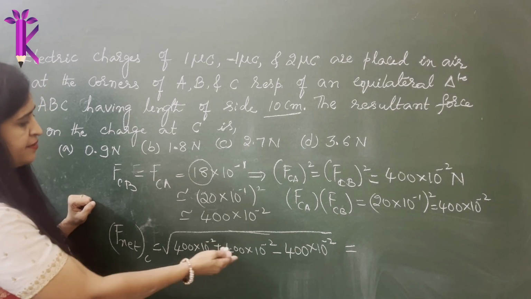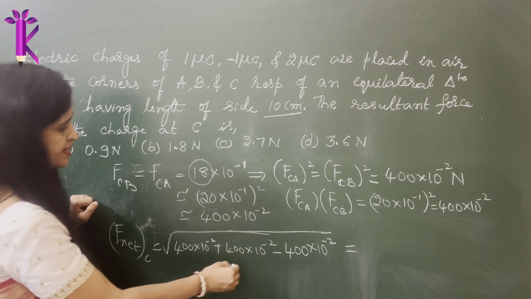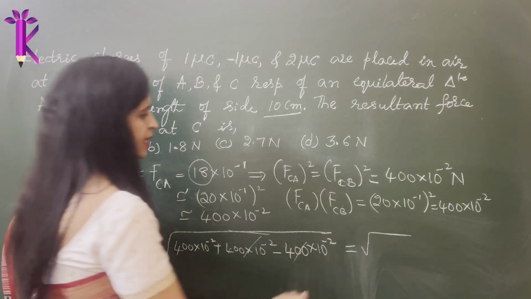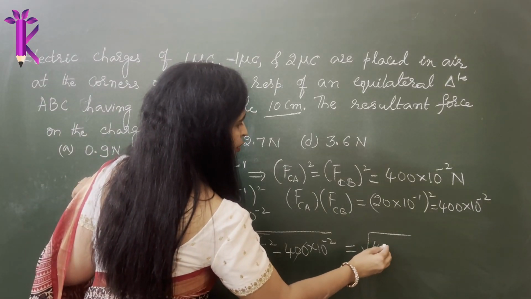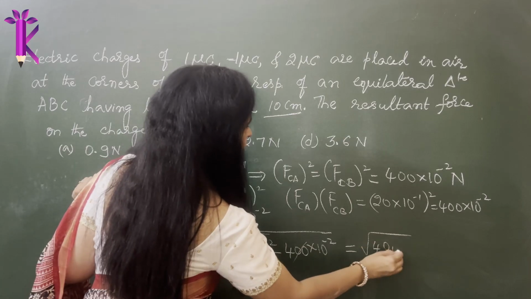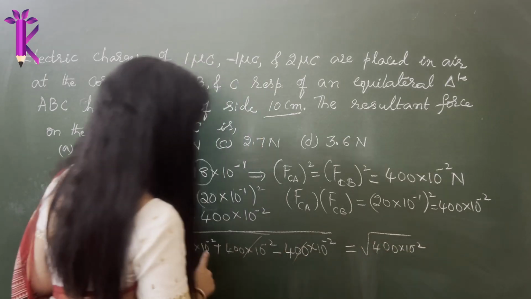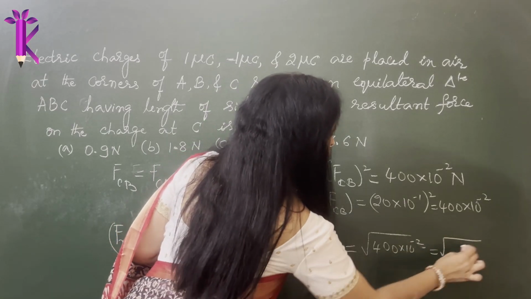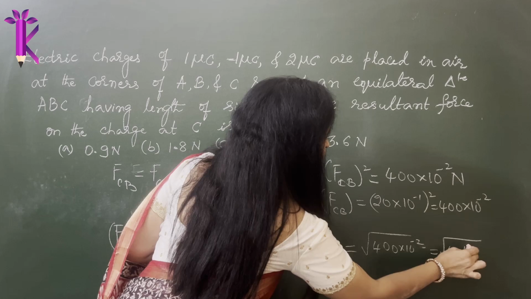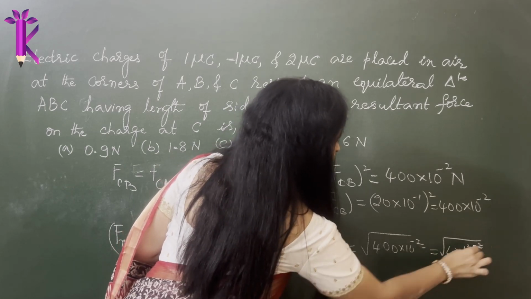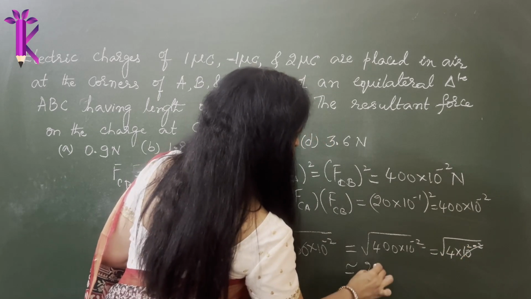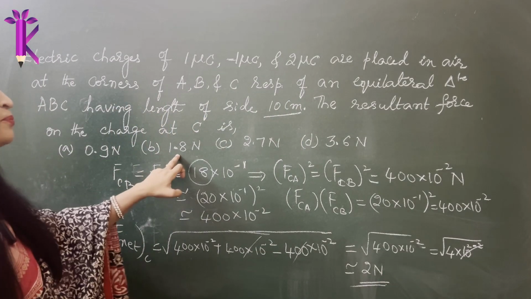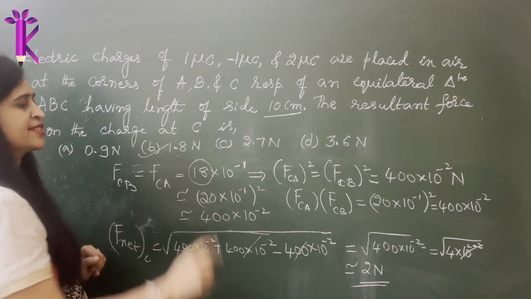Now just see what you could take from here, what gets cancelled. One of these gets cancelled. So approximately, 400 into 10 power minus 2, right? 400 can be written as 4 into 10 power plus 2, and then you have minus 2, so this gets cancelled. It is root 4. Approximately 2 Newton is the answer. So anything that is close to 2 Newton will be your answer. This is not close to 2 Newton. 1.8 is the one which is very close to 2 Newton. So this is to be the answer.